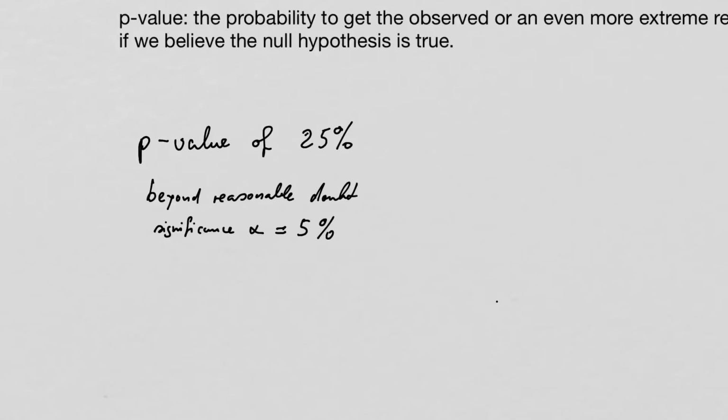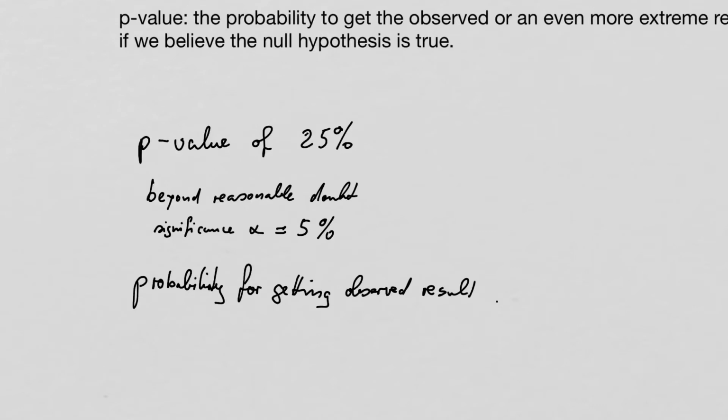In other words, it means that if we get a probability for getting the observed result, or one that is more extreme than that, that is smaller than 5%,